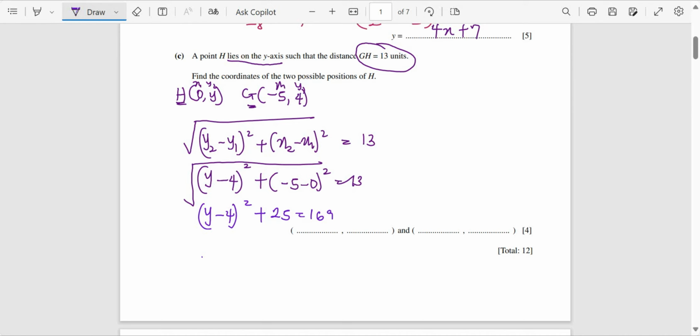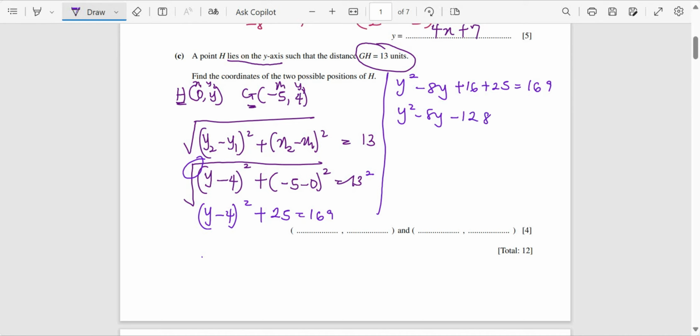That's 13 squared. Let's open out the bracket: y squared minus 8y plus 16 plus 25 equals 169. So by the time you write this in a proper equation, 16 plus 25 minus 169 will give us minus